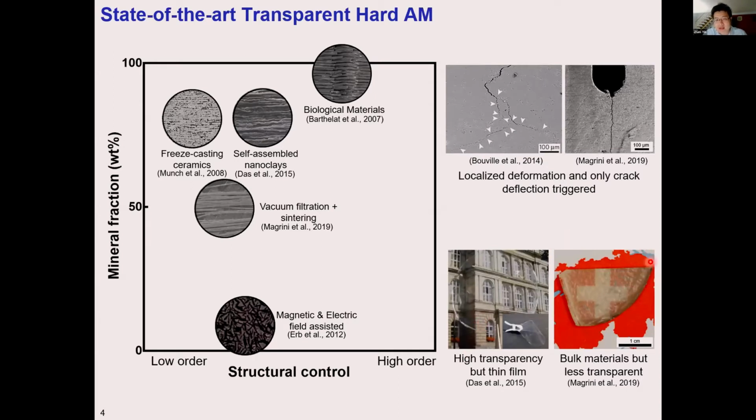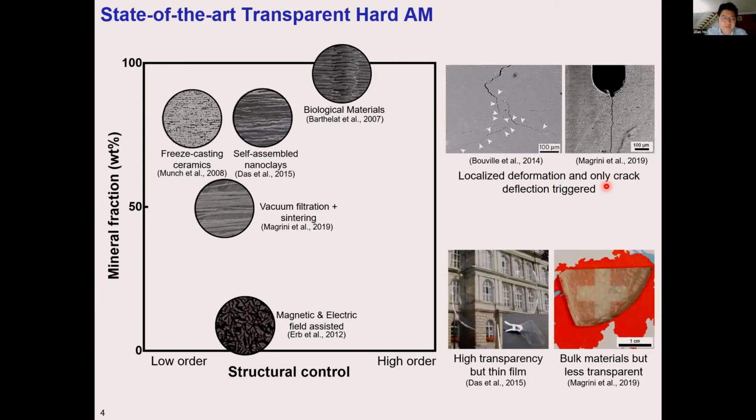But if we make it into a bulk material, then the problem of limited structure control causes problems in transparency. As you can see here, it's very milky, and you can see some kind of defects here. So one of the goals of my project is actually to solve these two problems: to have a delocalized deformation and to duplicate many more toughening mechanisms in those biological materials,